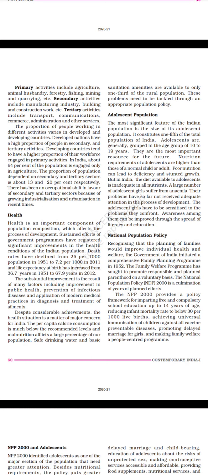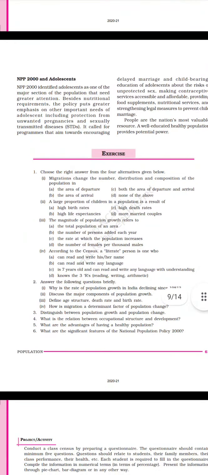NPP 2000 and adolescents. NPP 2000 identified adolescents as one of the major sections of the population that need greater attention. Besides nutritional requirements, the policy puts greater emphasis on other important needs of adolescents, including protection from unwanted pregnancies and sexually transmitted diseases, STDs. It called for programs that aim towards encouraging